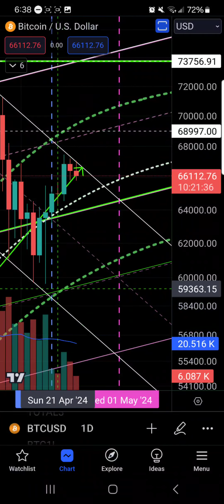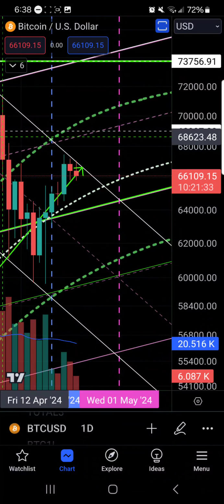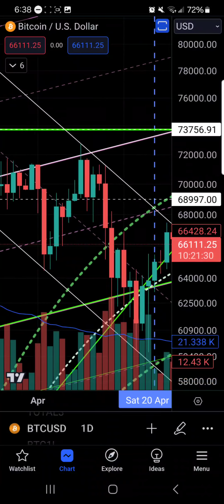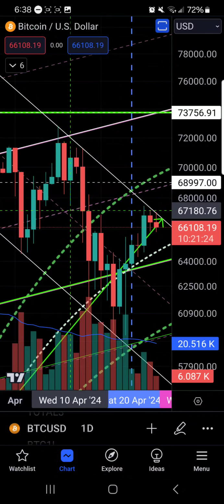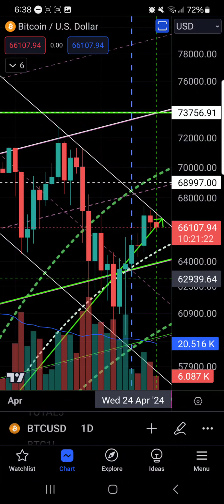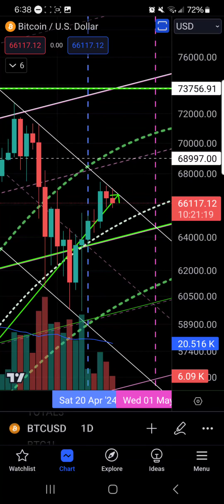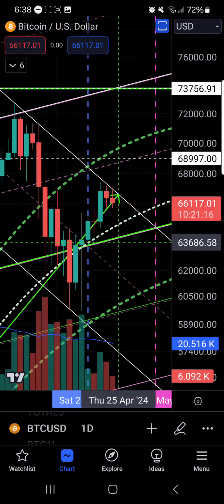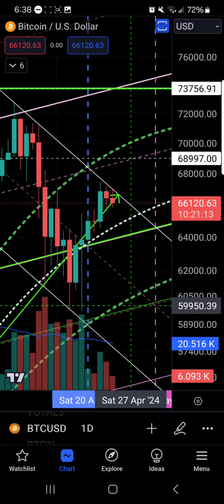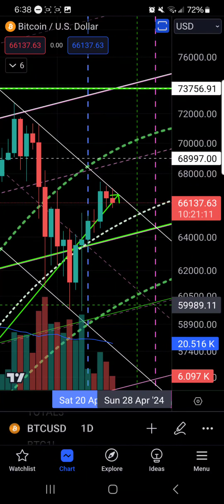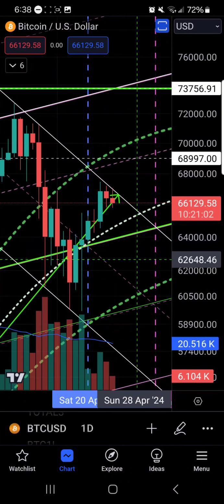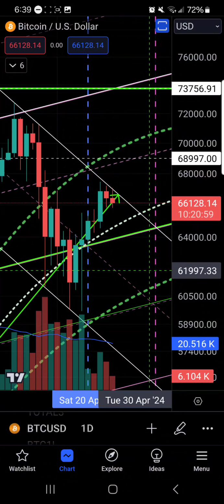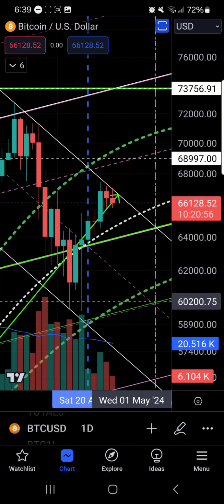But what I'm realizing is that we've had this move downwards in this channel here for a few weeks, going on a few weeks now. And heading into one more week coming down in this channel, eventually we do break out of this channel. And if we're going to break out of this channel, would the last move be a move all the way down to the bottom of the channel? Or would the last move before a breakout be coming back down to the center line of the channel?